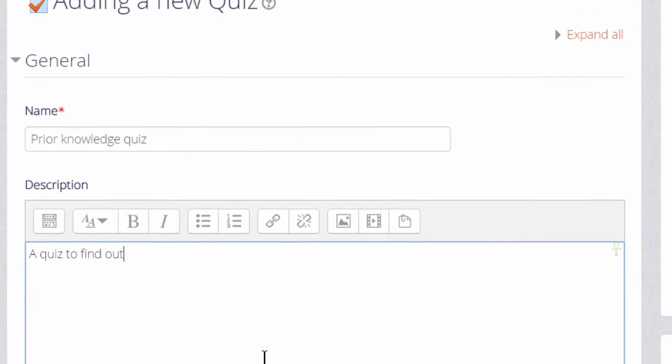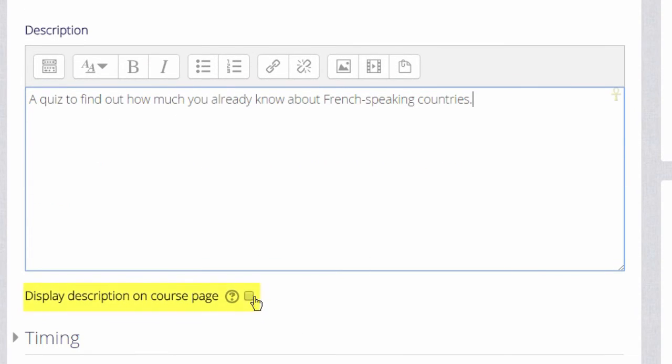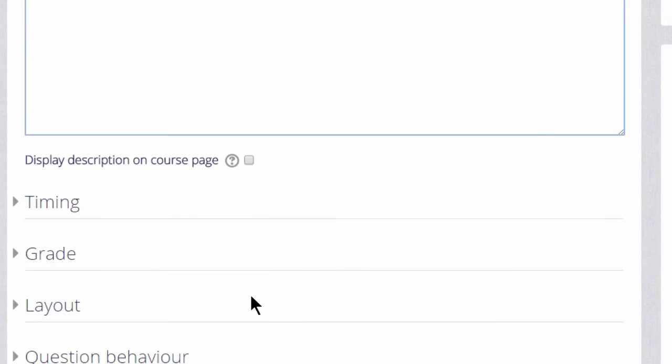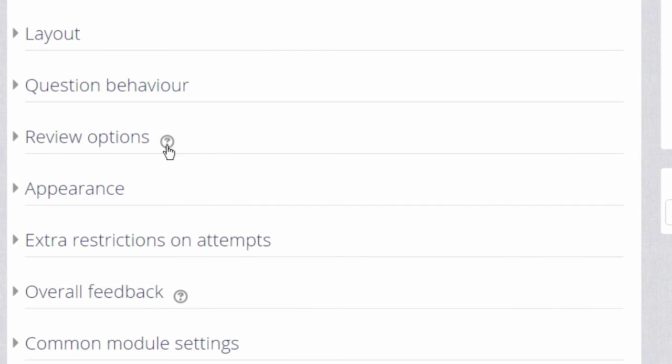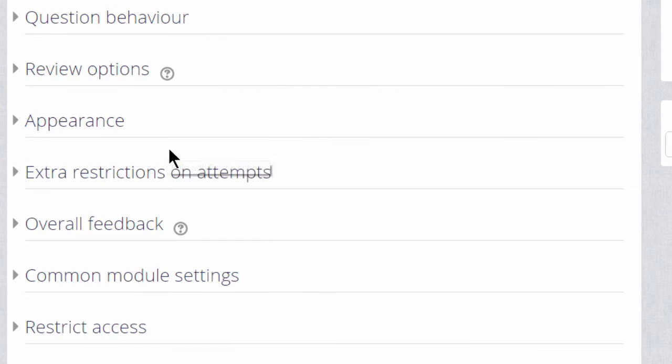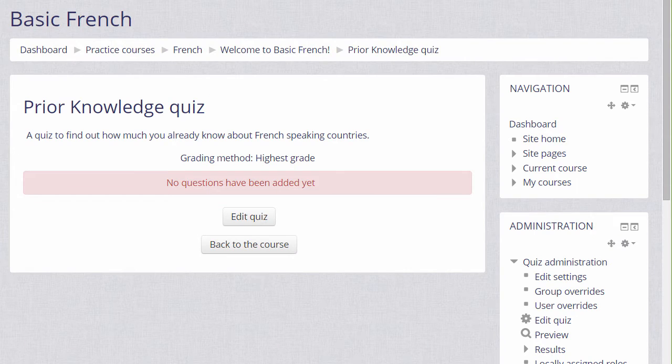And if you want the description to appear on the course page, just tick the box Display Description on Course Page. There are many different settings in a quiz, and it's worth exploring all of them. If there's anything you're not sure of, the question mark help icon gives you extra information. For now, we're just going to click Save and Display,